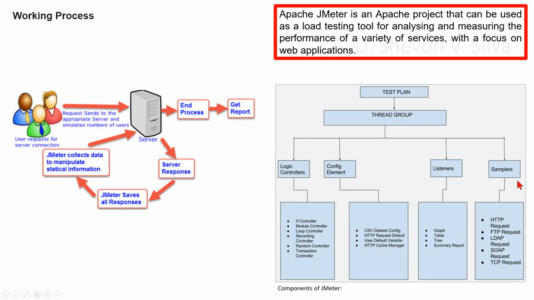Samplers. So how does JMeter know what type of request has been sent to the server? It is through samplers. Samplers must be added to a test plan, as only they let JMeter know what type of request needs to go to which server and with any predefined parameters or not. A request could be HTTP, HTTPS, FTP, TCP, SMTP, SOAP, etc. Samplers can only be added to the thread group, not directly under the test plan,